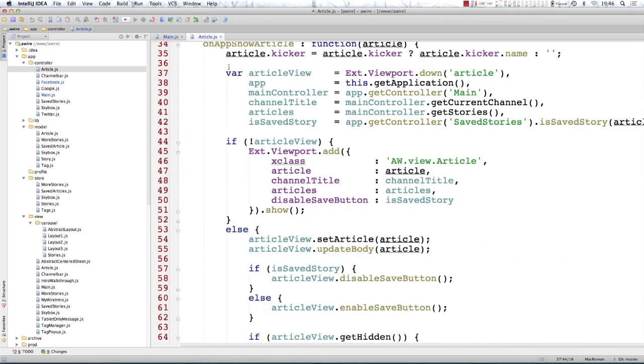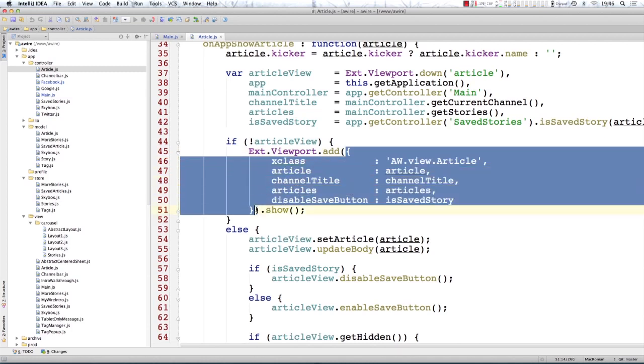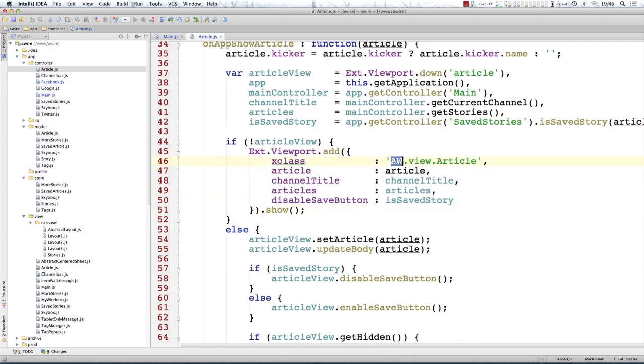method. This function is going to do a bunch of things for data, but the important part is to know whether or not it has an article view in what's called the viewport. When you bootstrap a Sencha 2 application, a singleton called Ext.Viewport is created, and it is where everything is pretty much rendered. So to show an article view, we add a child to that viewport, and we use its add method. And what's cool about this is I can just express what's called an xtype object. It is an object that has a shortcut descriptor. This one's not really so much of a shortcut. This can be changed. But the idea is that I can tell it to add and show immediately, and boom,